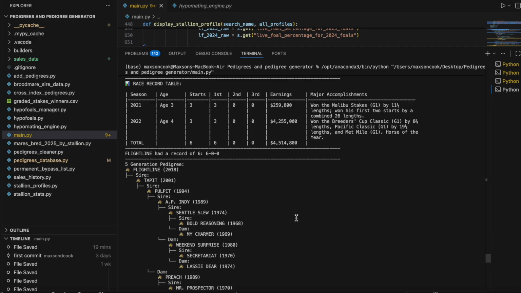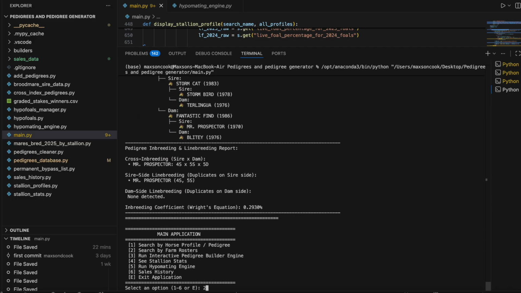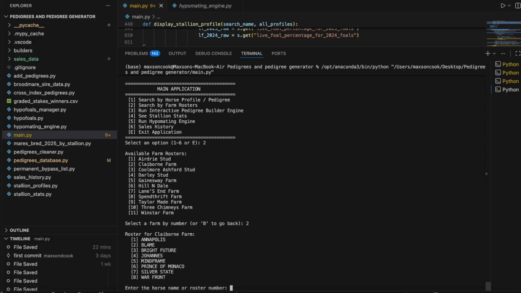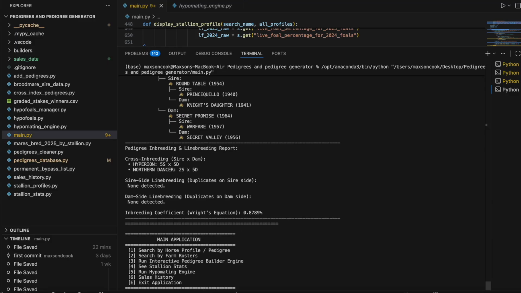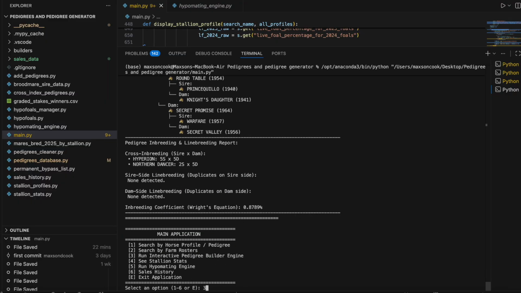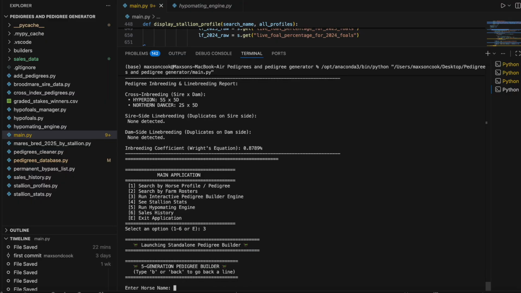The second option is exactly the same, except instead of searching by name, you search by stud farm. So for example, if I wanted Warfront, I could go to Claiborne Farm and select Warfront and see all the same information. The third option is an interactive pedigree builder, is what I'm calling it, but it basically means